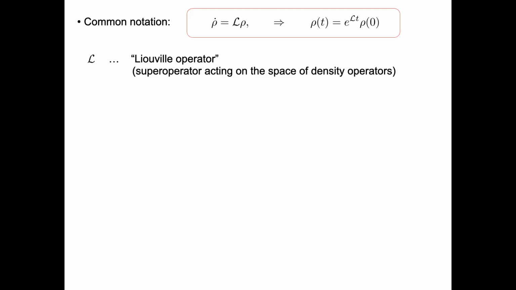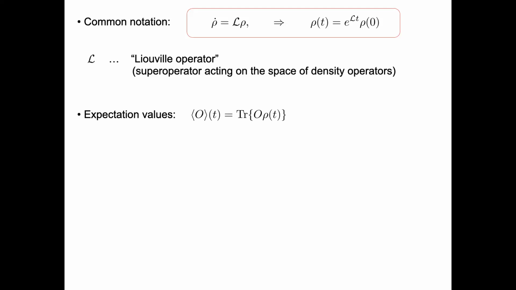It's a linear equation, and in principle, especially when you do numerics, we can represent this density operator rho as a vector if we choose the right basis, and then this L would be a matrix, and then here we just have a matrix exponent to calculate the solution. Okay, so we have this master equation. We can solve it, of course, not always exactly and analytically. So this gives me immediately the density operator at a later time.